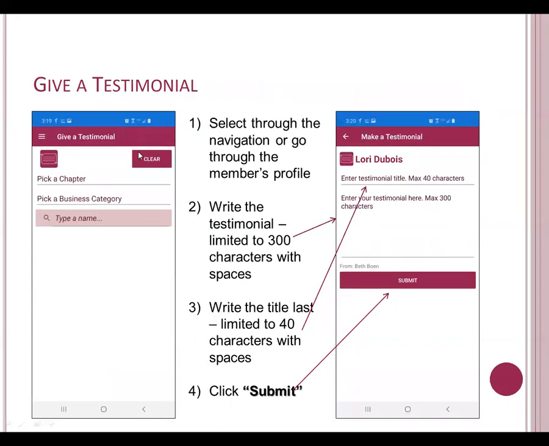The next thing you can do on the app by going back to the main navigation menu is you can give a testimonial to a fellow member that will be highlighted in the Social Media Tuesday testimonial social media graphics. By doing this, you have to pick either by chapter, by business category, or by name the person that you want to give a testimonial to. So typically you're going to put in their name. So I'm going to type in Lori Dubois, and up comes Lori Dubois, and I'm going to make a testimonial